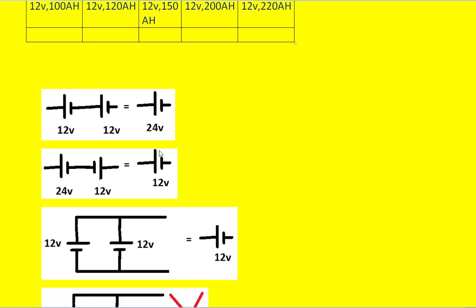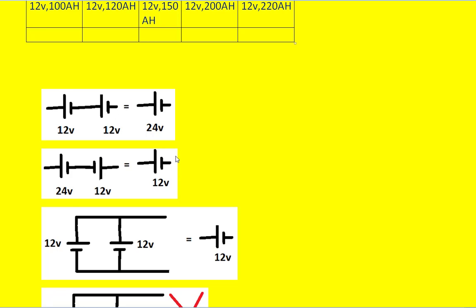Similarly, suppose you have a 24 volts battery, and the other is a 12 volts battery. In that case, suppose you connect the batteries like this, that is, the 24 volts negative terminal connected to the negative terminal of the 12 volts battery, and the end terminals are like this. Positive terminal of 12 volts here, positive terminal of 24 volts available here. So then the resultant battery is no more 36 volts, it is 24 minus 12, that is 12 volts battery we get.